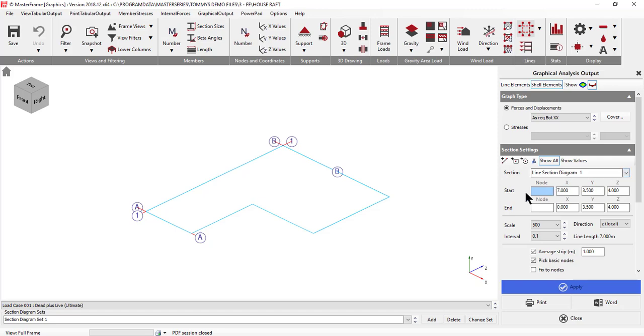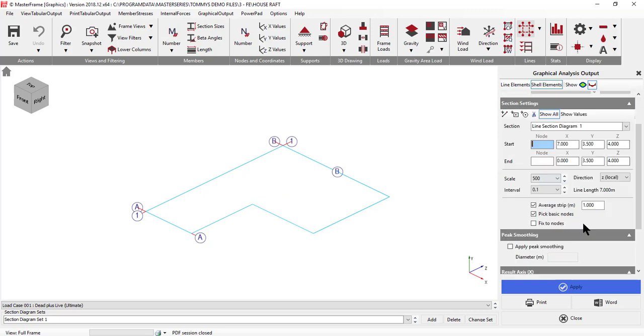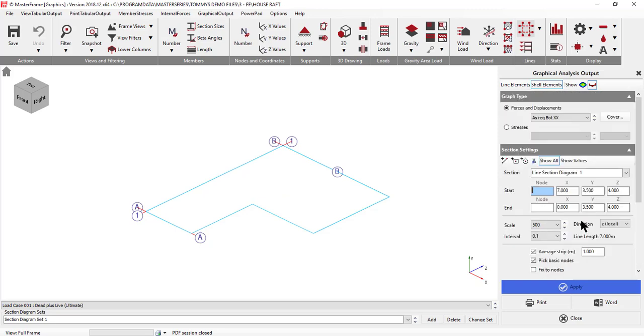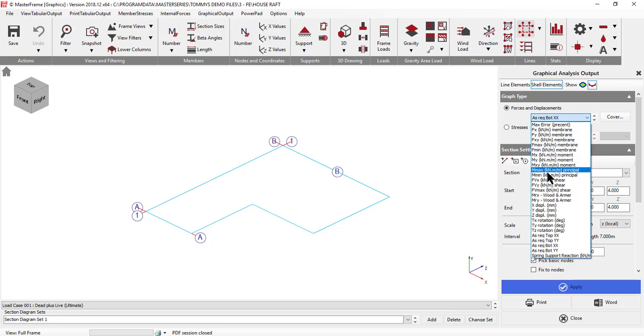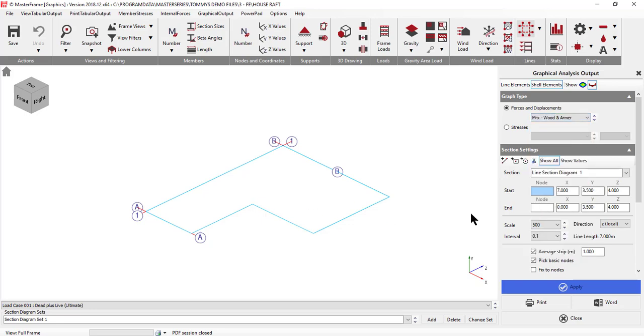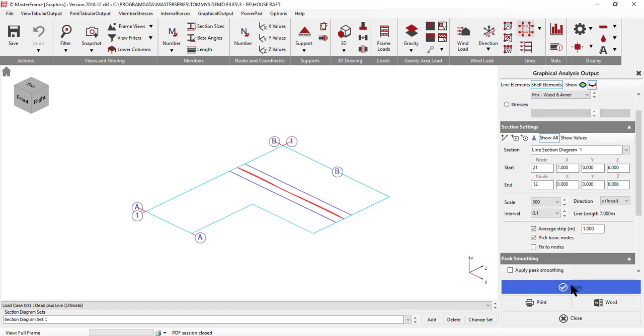They've all been deleted because I was playing with this file. So let's take this first one, and we'll say this first one goes as a MRX, and we'll take it from here across to here and apply, and we'll see that it's giving us our